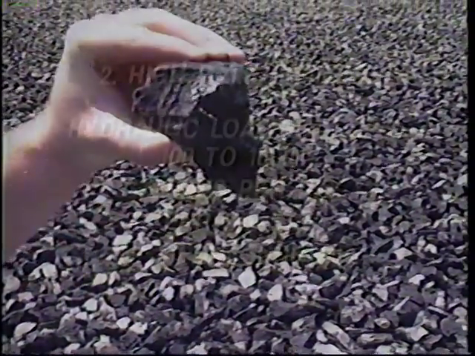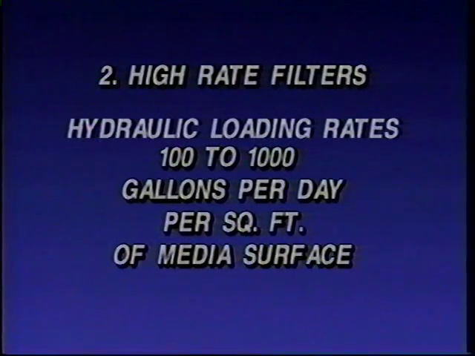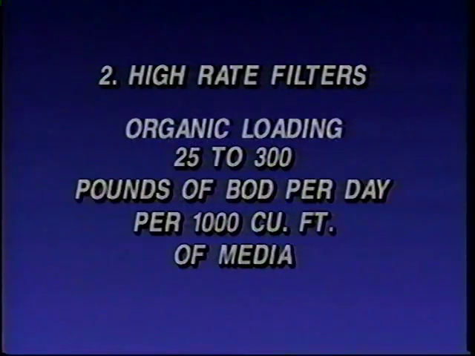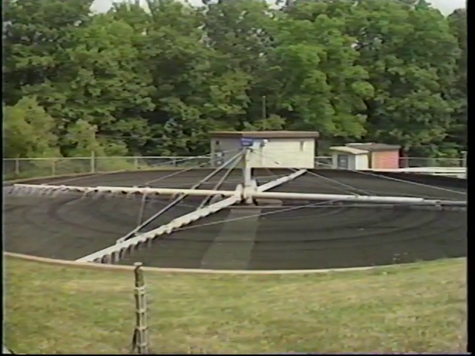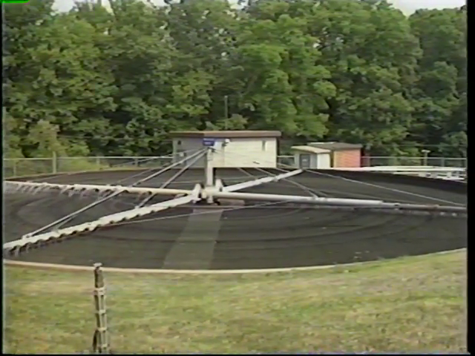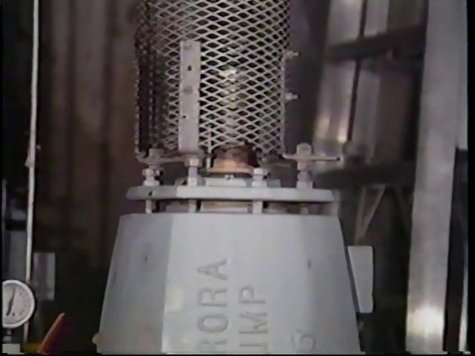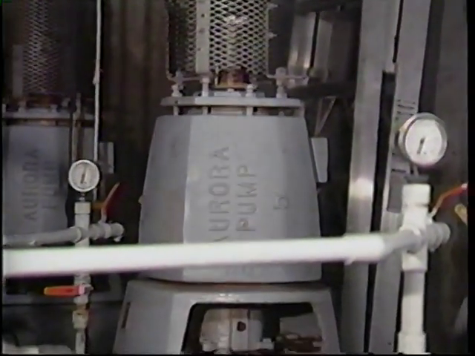High rate trickling filters typically have hydraulic loadings of 100 to 1,000 gallons per day per square foot of media surface and an organic loading of 25 to 300 pounds of BOD per day per 1,000 cubic feet of media. Recirculation of wastewater is almost always used on high rate filters. Care should be taken when adjusting recirculation rates. Too high of a